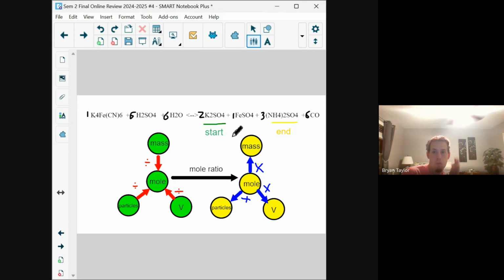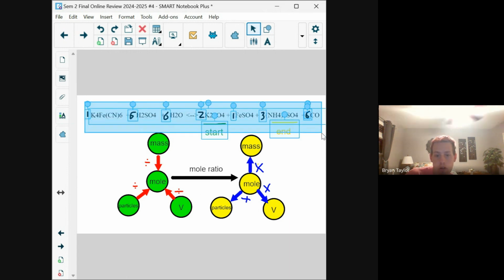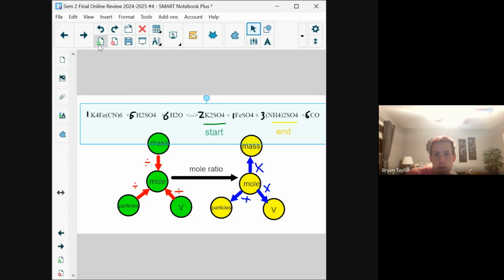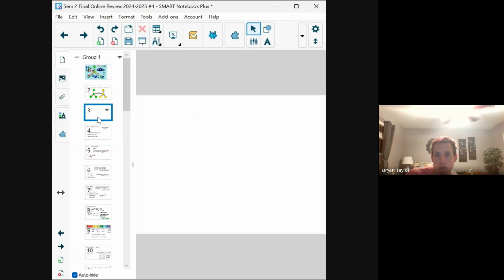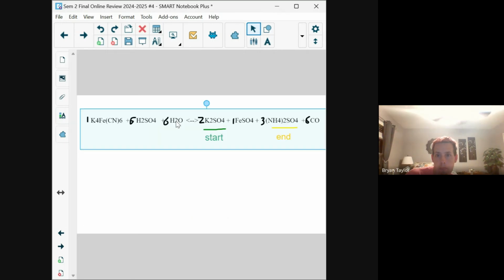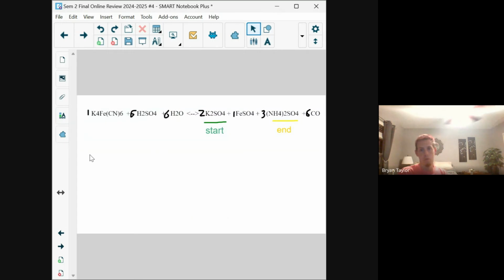So what we're going to do, we need to start at particles, volume, or mass. I'm going to choose this problem just for the sake of things. But again, we need to move through this. So I'm going to group this, copy it, do one of these. Excellent. Okay. So we're going to start with